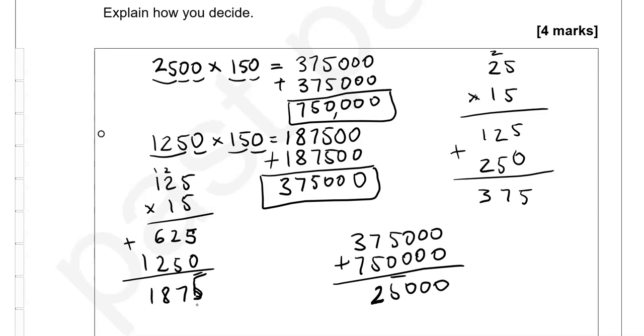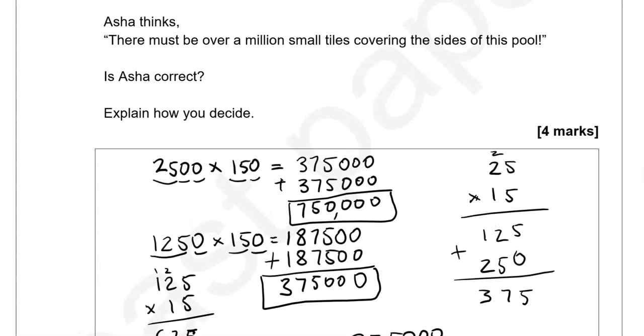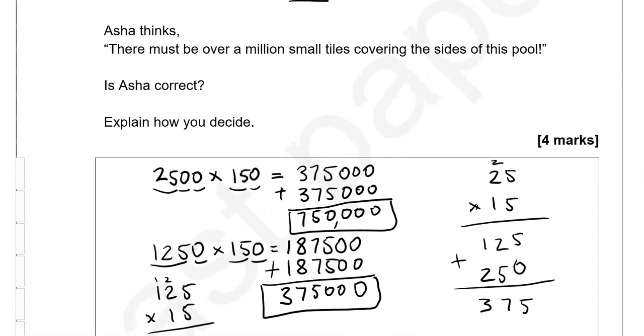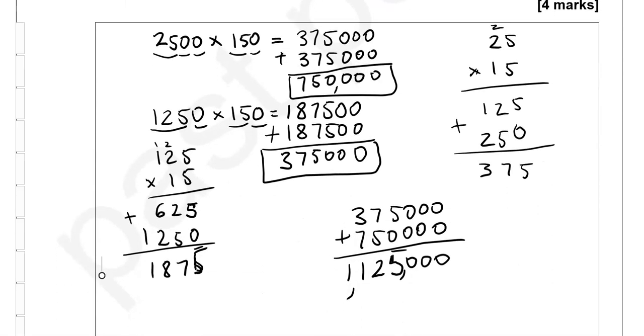Seven and 5 is 12. So 1,125,000. And the question was, Asha thinks there must be over 1 million small tiles covering the sides of this ball. Is Asha correct? Yes, because this is